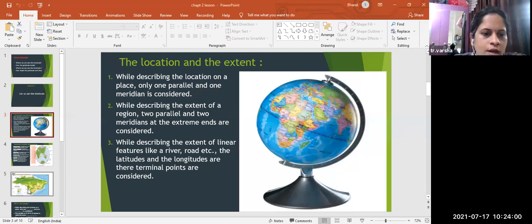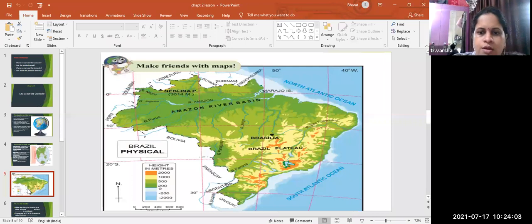For example, I would like to place this map. Okay, this map is there in your textbook. Now, children, for reading this map, I would like to give you some important instructions for reading any map. You can see it is written Brazil physical map. Besides physical, we are having many other maps. We are having political maps. We are having state maps. Okay, so here it is a physical map. These are the names of the maps which are given for reading purposes.